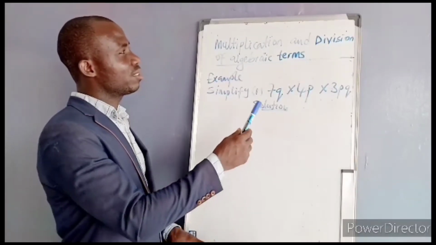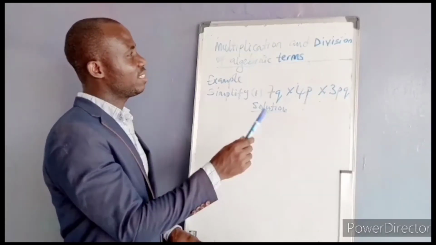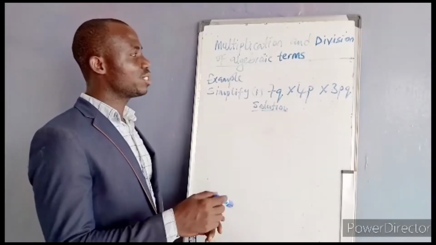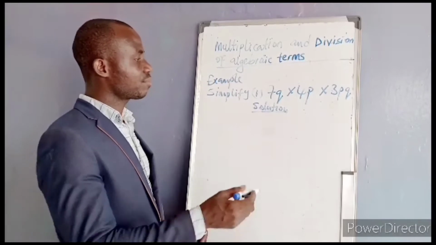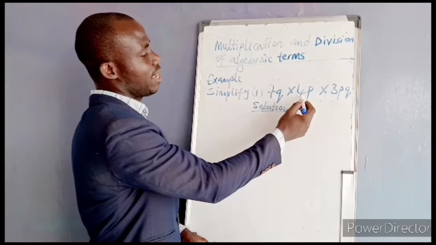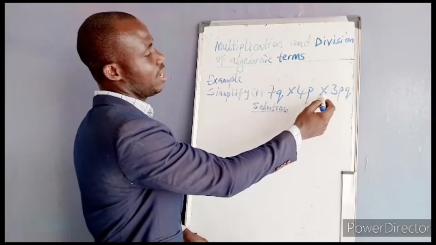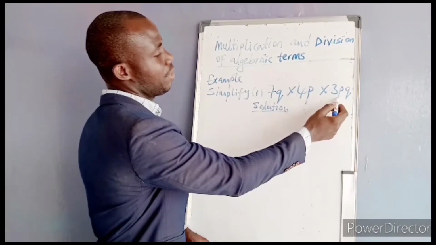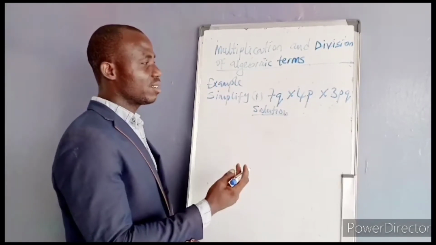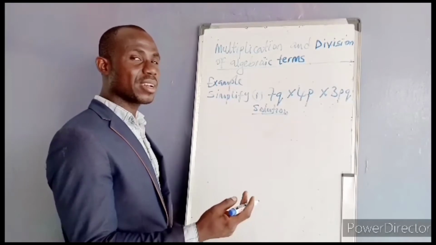We are going to start with multiplying and dividing algebraic terms. Multiplication and division of algebraic terms. For example, simplify 7q times 4p times 3pq. Now, in our previous lessons, we have done how to add and subtract algebraic terms, and